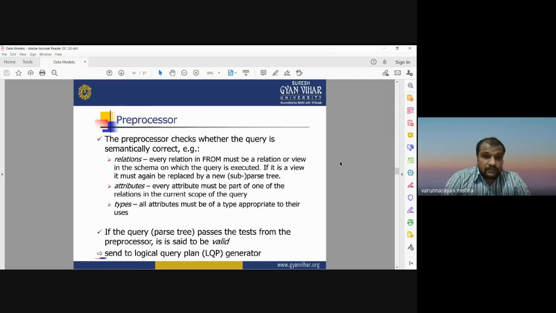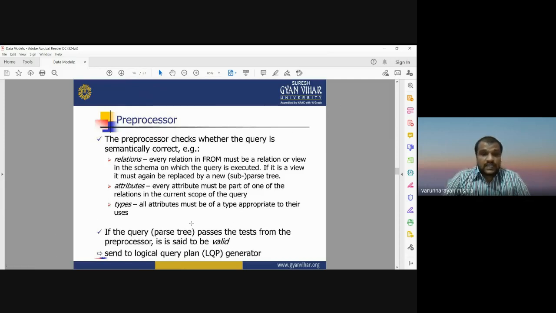For example, relations: every relation in the from clause must be a relation or view in the schema on which the query is executed. So you first have to see what kind of relation is in that table. If it is a view, it must be replaced by a new parse tree. Attributes: every attribute must be a part of one of the relations in the current scope of the query.